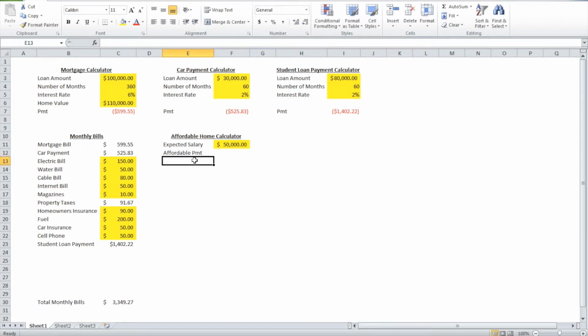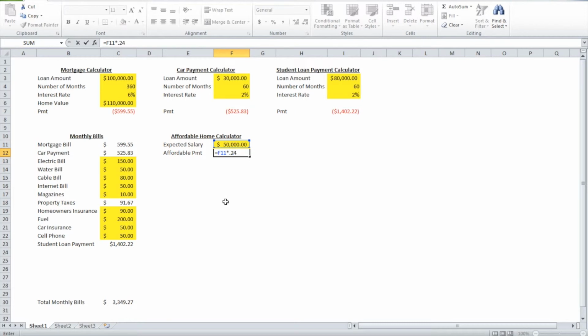All right, so we're going to type the affordable payment there, and we'll click in cell F12. Let's press equals, and then we're going to come up to cell F11 and click once. So that puts in the F11 for us. And now let's multiply that number that's in this cell, as I said, to 0.24 for